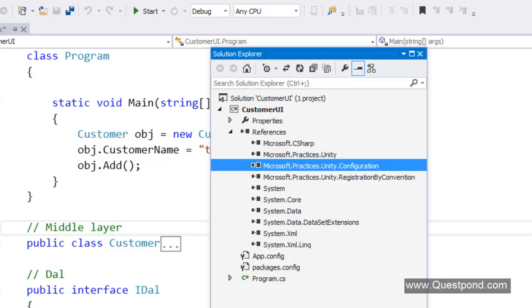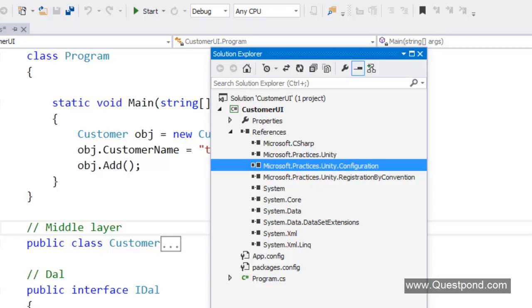Now Unity also provides a way out, where you can write your configurations into an XML file. That XML file can be app.config, it can be web.config, or you can also create your own XML file if you want. In this XML file, you can define configurations like, inject the SQL Server data access layer into the IDAL interface, inject the Oracle data access layer into the IDAL interface, right?